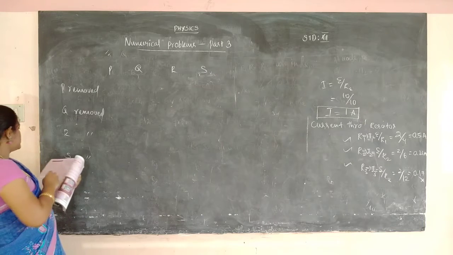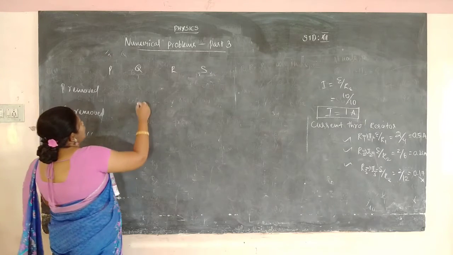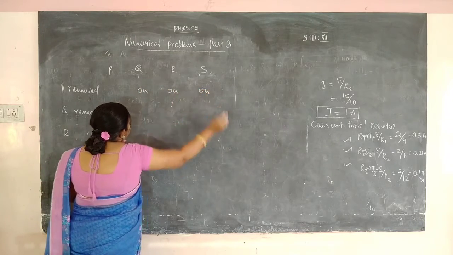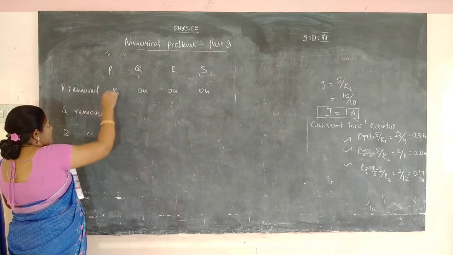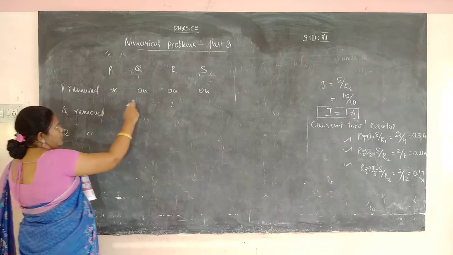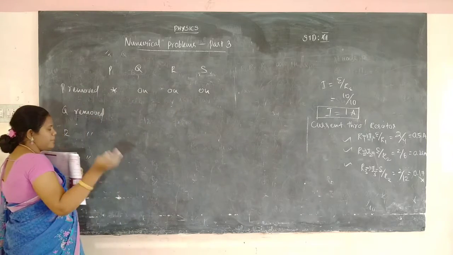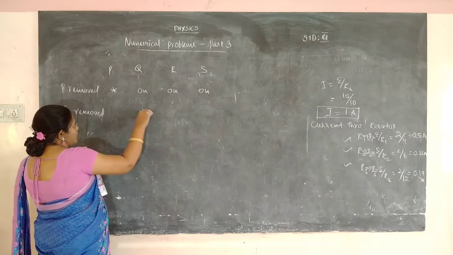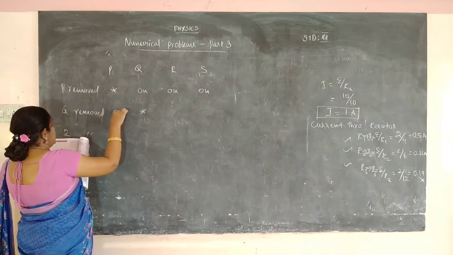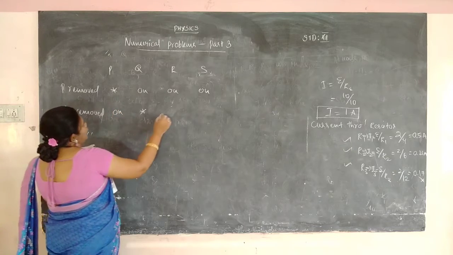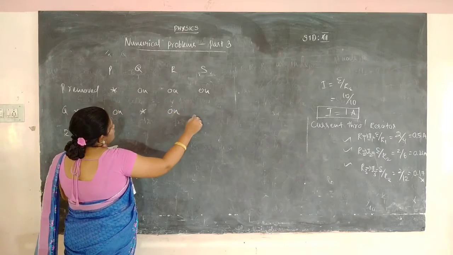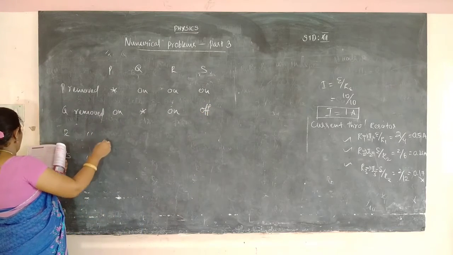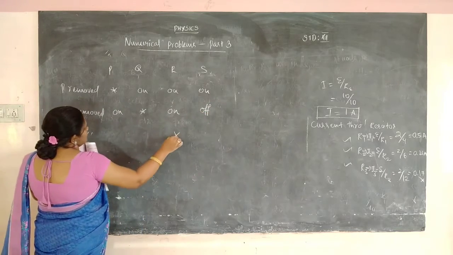Okay. So first B bulb remove பண்ணும்போது Q or S ஆன்ல இருக்குன்னு கொடுத்துருக்காங்க. இது நீங்க ரிமூவ் பண்ணிட்டீங்க. ரிமூவ் பண்ணும்போது Q or S bulb it will be on. Then Q remove பண்ணிட்டீங்க. Then P is on and Q is on, sorry, R is on and S is off னு கொடுத்துருக்காங்க. Then R remove பண்ண பிறகு.